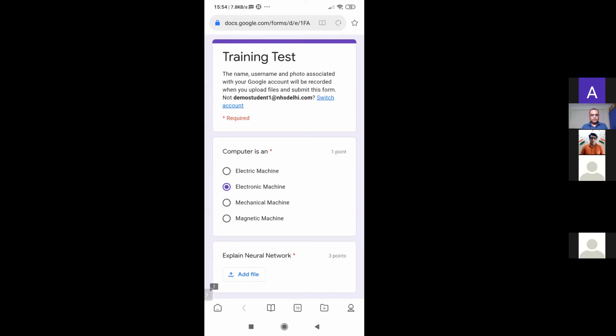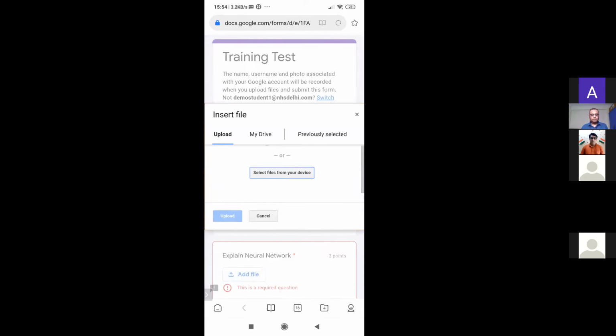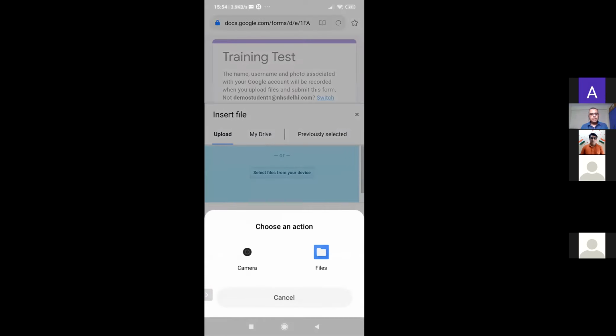So I'll tap on this add file button, and you can see that insert file box has appeared. I tap on select files from your device. The button which is coming in the middle, I'll tap on that. Select file from your device. I get an option of camera and files. So I'll select camera,